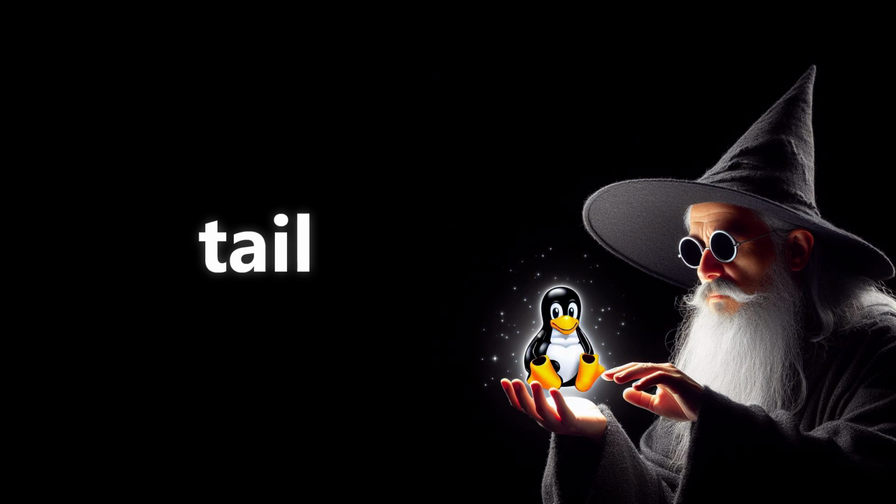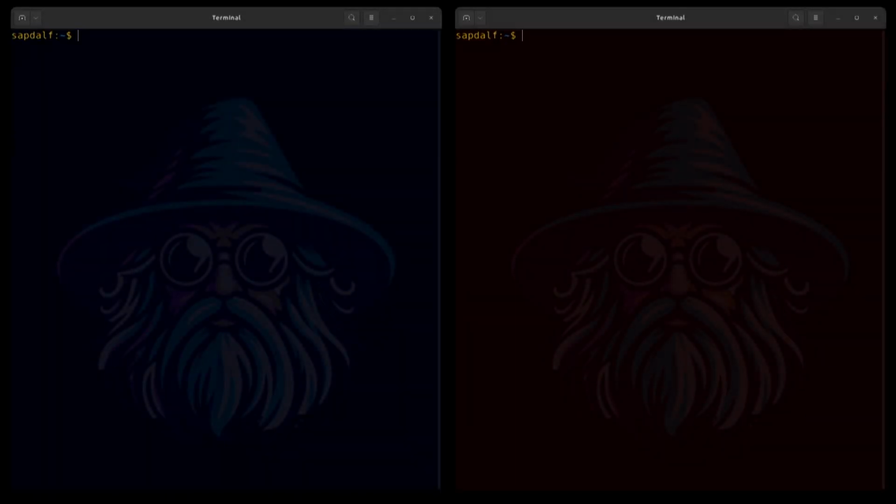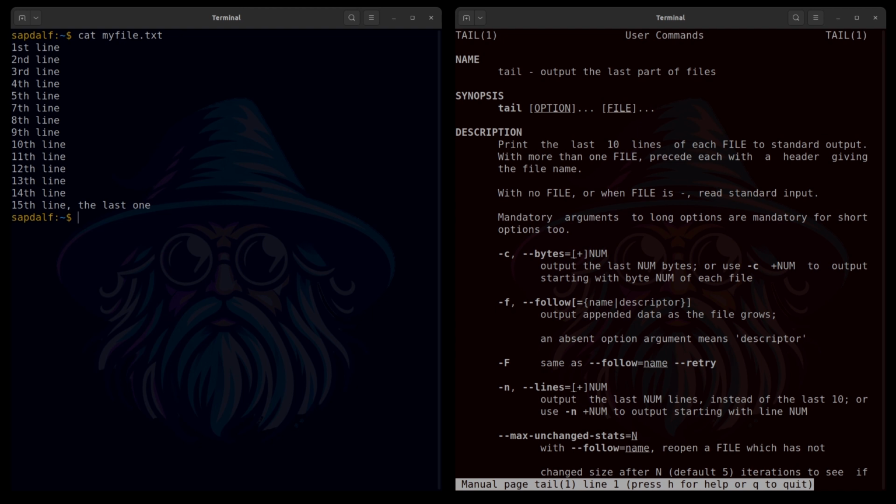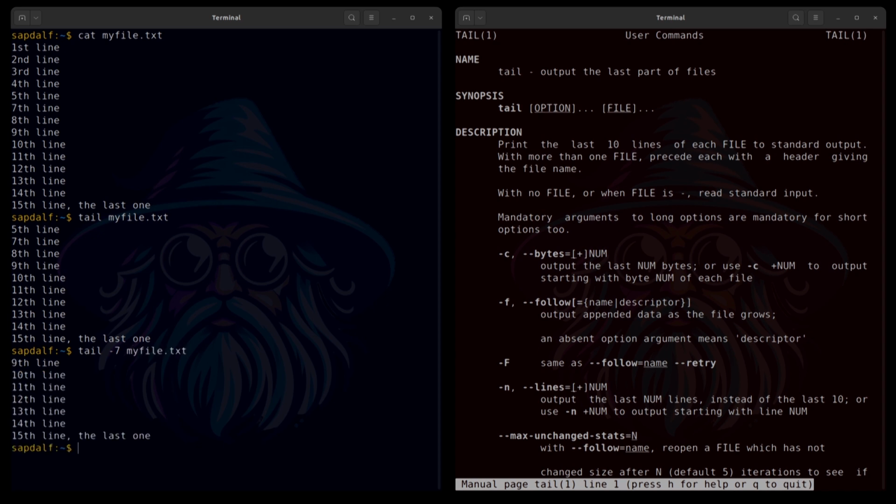Let's continue with something really simple but very useful. Tail for a Linux administrator is as important as for a snake. Although the snake all looks like a tail, a Linux administrator does not. I prepared a text file with 15 lines to make the presentation easier. Tail shows the end of the file. The default is 10 lines. But we can change it to any number, for example 7. And it's not even that it's a magic number, it's just a number.